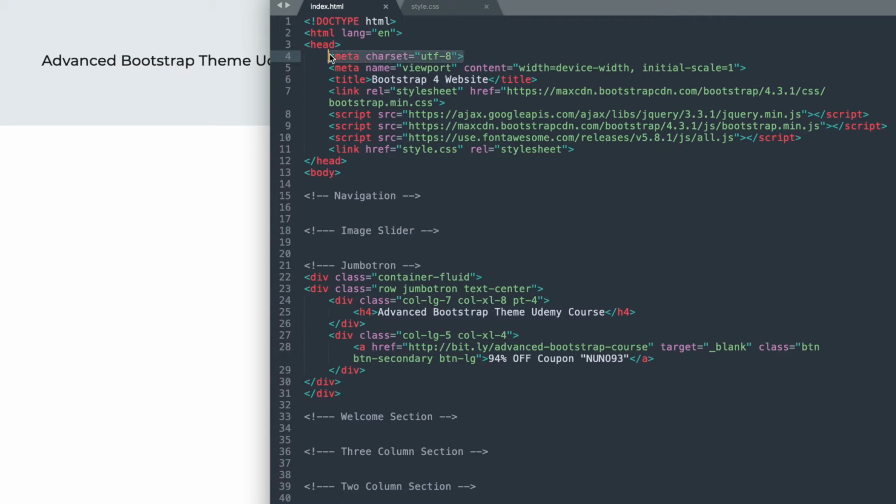And then at the top inside of the head section, we have a standard UTF-8 character set, viewport with device width, initial scale 1 for mobile devices, the title of our website, Bootstrap 4 website, then the latest version of Bootstrap min.css, and that's 4.3.1 as of now when I'm making this video. And then we have the latest version of jQuery 3.3.1, and then we have 4.3.1 of Bootstrap min.js,